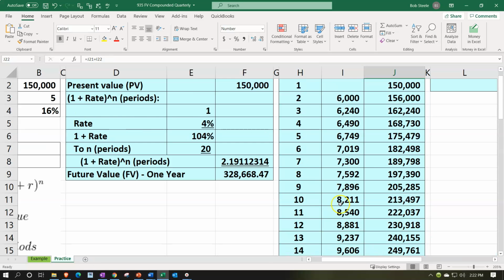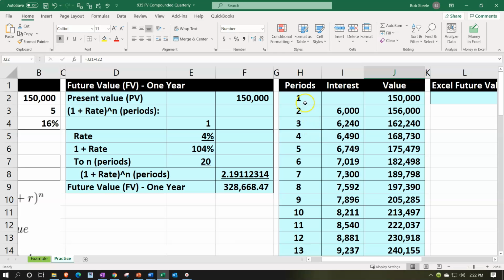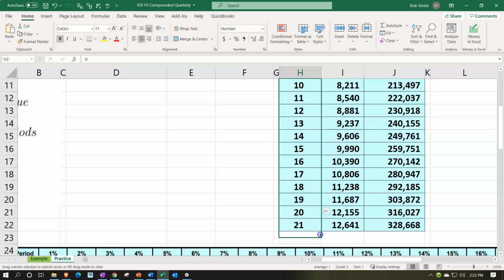You can see that didn't come out quite right. The reason is because I should be naming this as period 0, and then period 1. So I'm going to rename these cells, select them all the way down. So now we got 20 periods starting at 0, gets us then to that